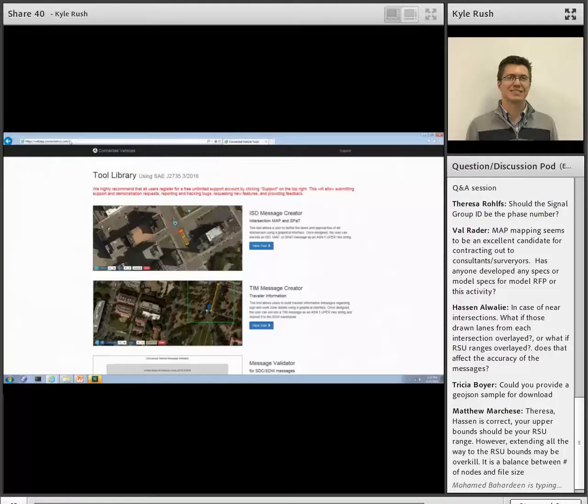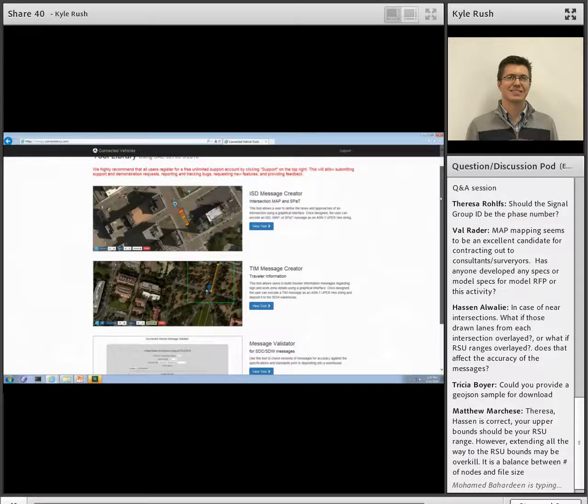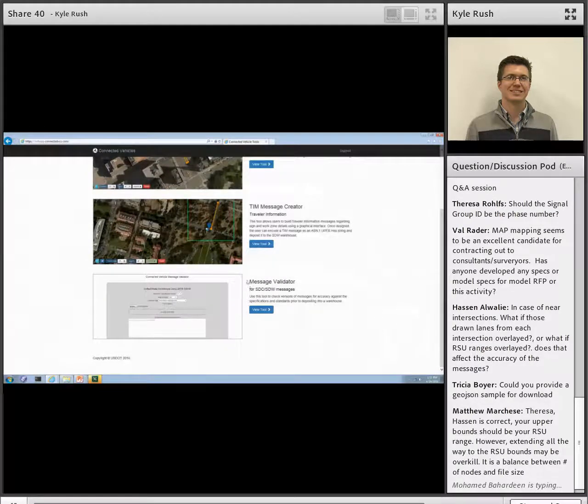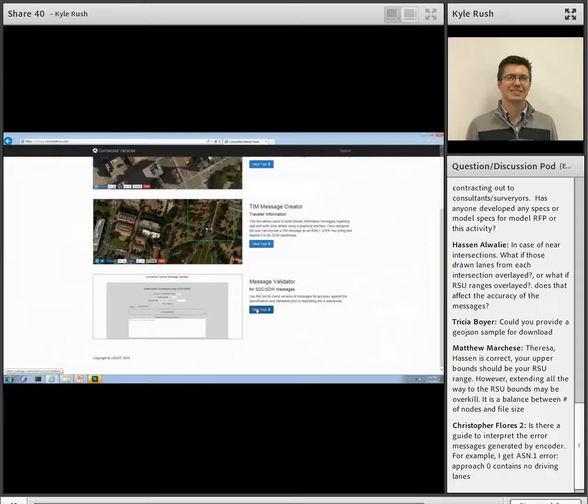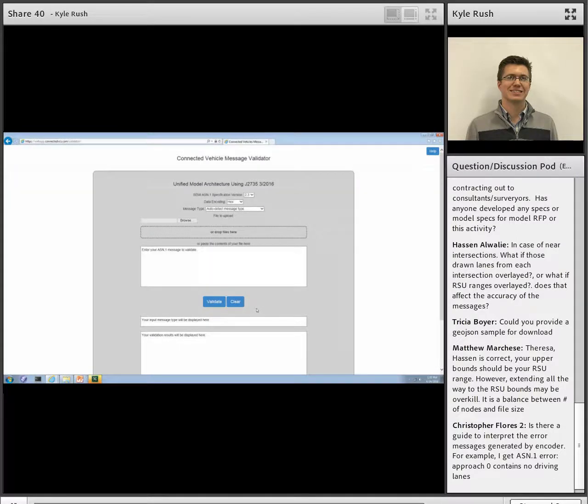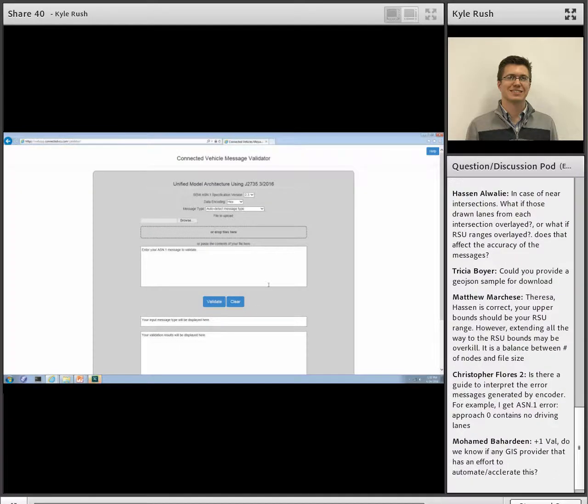If you scroll down on the home page, you'll see this Message Validator section. So if you click View Tool, it'll take you to the Message Validator, and here's where you can paste or upload a DSRC message for validation, to make sure that your encoding processed correctly, or if you have some other parser you're attempting to use, to make sure that you both arrive at the same result in the expected